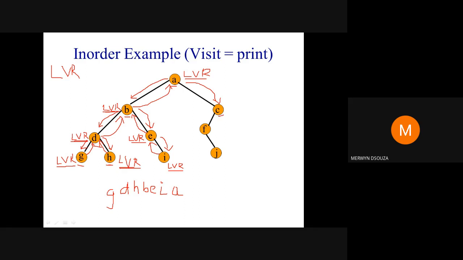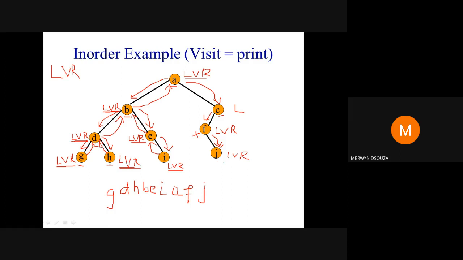The new node. So again start from the first step. So you try to go left. Can you go left? Yes, can go left. Okay. The new node. Can you go left? No, F is not having left, so cannot go left. Okay. So you will visit. You will get here F. Can you go right? Yes, you can go right. So go right. Okay. So here new node. So try to go left. Cannot go left. So you will say visit. Put it in the output. Okay. Then you will try to go right.